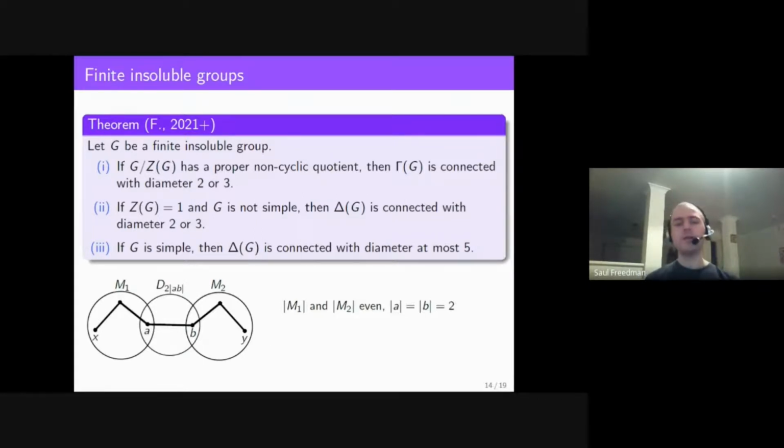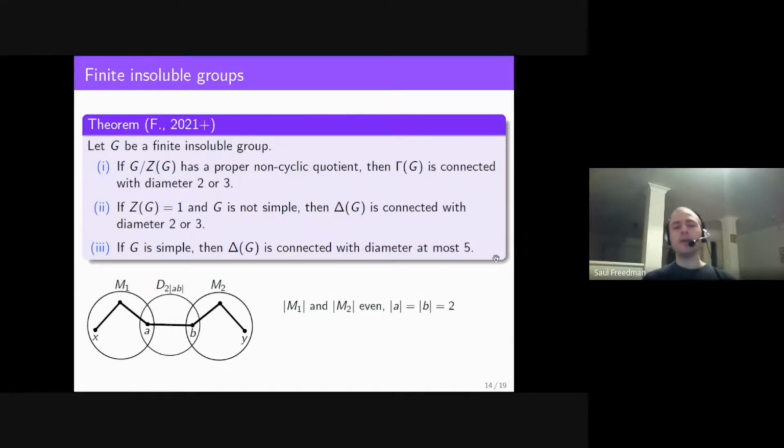And so basically, it only remains to consider the simple groups G that contain maximal subgroups of odd order. These groups have been classified, and so all we have to do is look at the cases where there is a maximal subgroup of odd order to prove this result. I won't go into further details here, but we can do that to prove this.